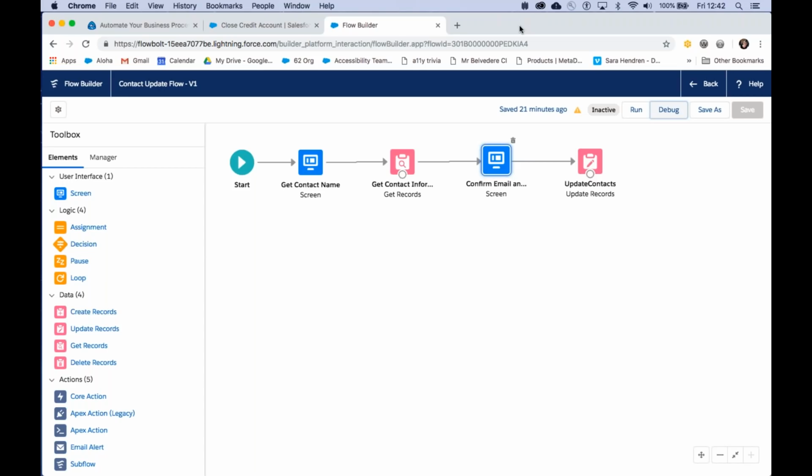Okay, Makai asks, sorry if this was asked before, but are there plans to bring copy, paste, undo to the new Flow Builder? Yes. Yes, absolutely. Probably more in the form of duplicate than copy paste necessarily, but yes, absolutely.